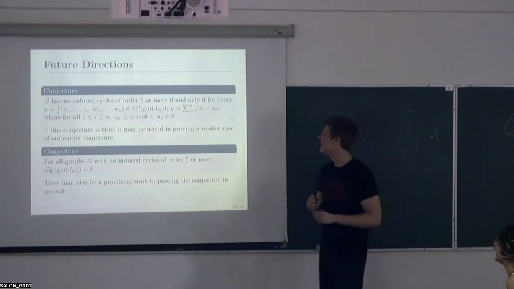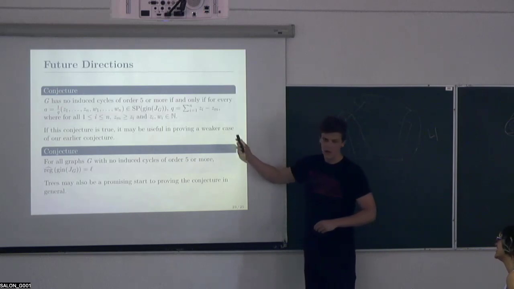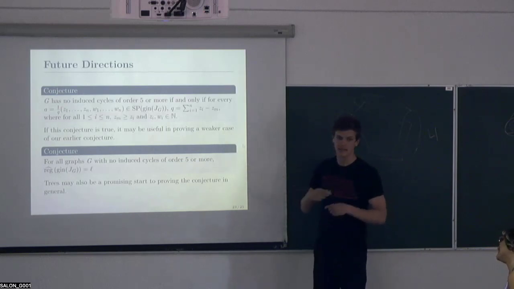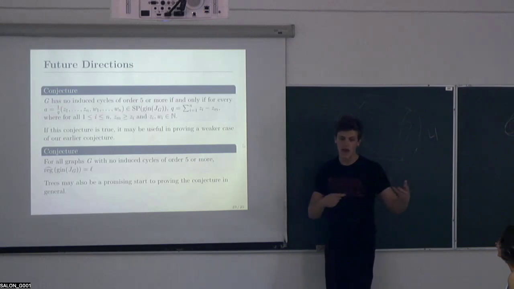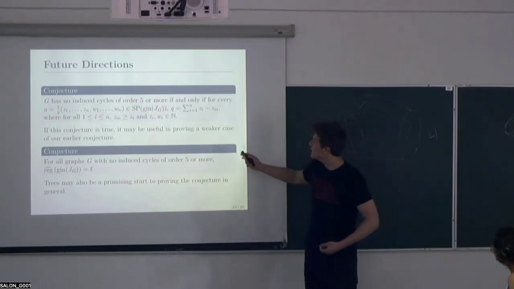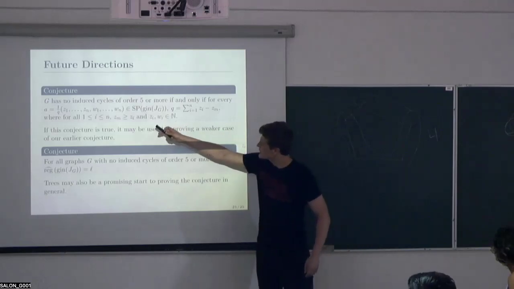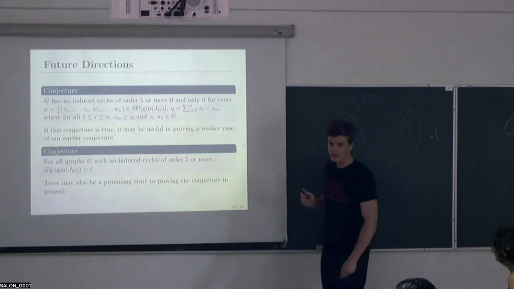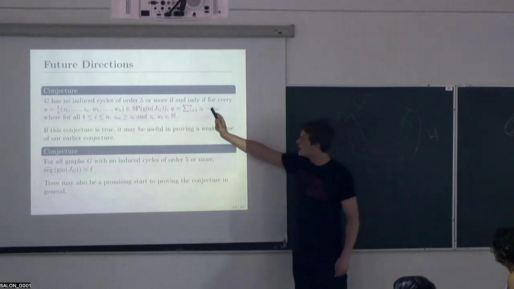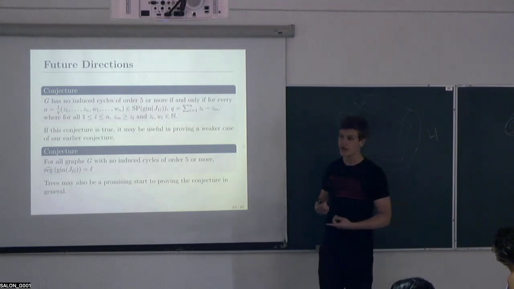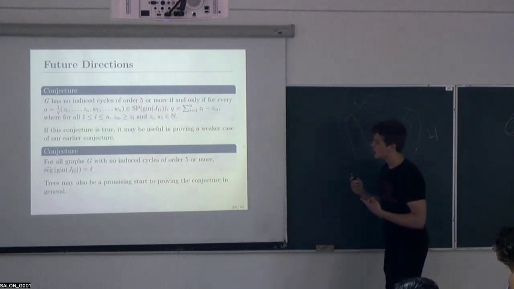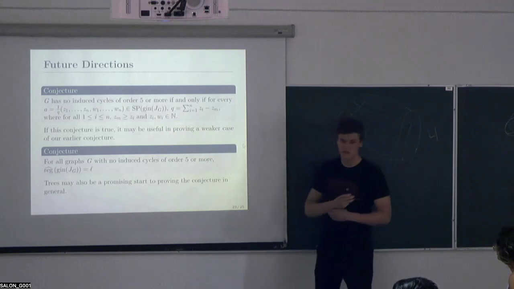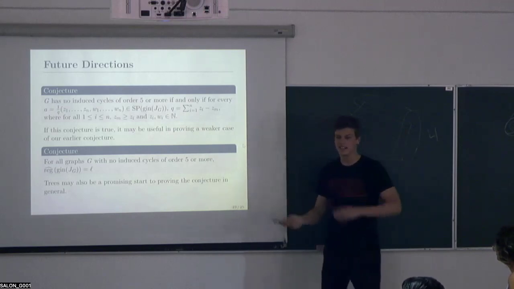That's just so pretty. So what we have is this result about the denominators of the vertices, and the denominators correspond to what symbolic power the vertex lies in when you scale it correspondingly. And we have that if you take the sum over all the x coordinates when you scale by q, and you subtract by the maximum, we know that the denominator is less than or equal to that maximum. And we have a conjecture that says that it's equal when G doesn't have an induced cycle of size 5 or more, which would be useful in proving the more specific case of the conjecture, but that is still being